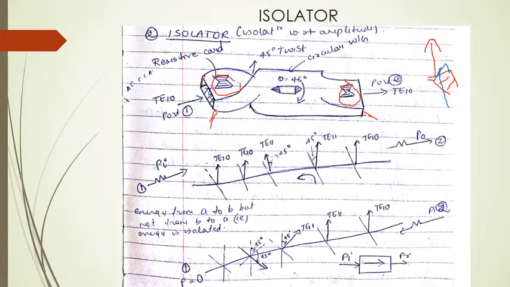What is the meaning of this 45 degrees twist? It's called a mechanical twist. The function of the mechanical twist is that it will allow the signal to pass through from port 1 to port 2. When a signal is passing from port 1 to port 2, if it undergoes a clockwise twist, then the twist will be changed when it is moving in the reverse direction. I repeat, if the signal undergoes a clockwise twist from port 1 to port 2, then while returning back, it becomes anti-clockwise, meaning the twist will change the direction.